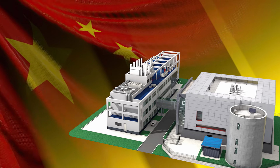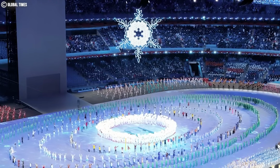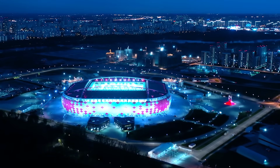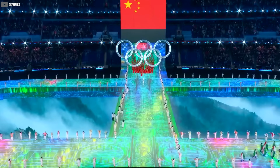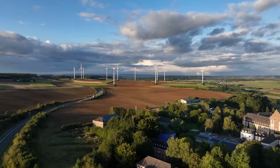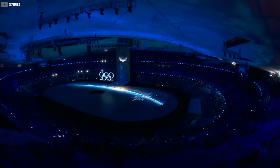adoption. One shining example of this technology in action is the Beijing Winter Olympics of 2022. The construction of venues and infrastructure relied heavily on electric and hybrid machinery, showcasing their capabilities on a global stage. The result? A stunning array of facilities is built with minimal environmental impact, proving that sustainability and ambition can go